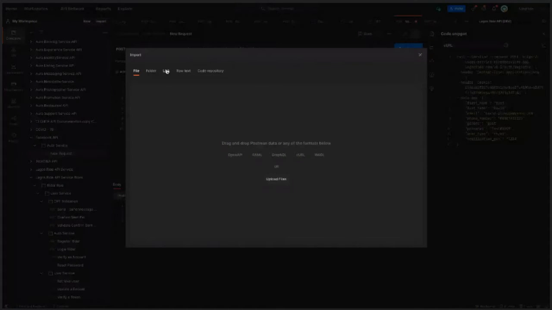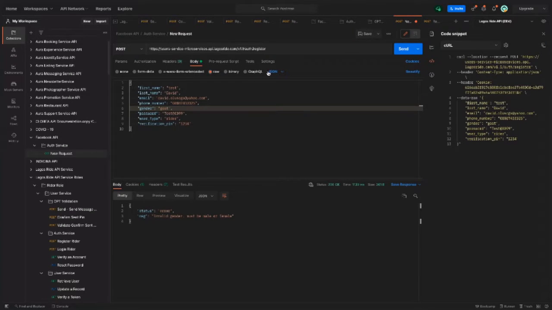Sometimes it comes in as a link. Whenever the API comes in as a link, you copy the URL and paste it here. The link always ends with swagger.json, not the URL we just did an example for. You just copy the URL, paste it here and click on continue, then it automatically imports your file. Once you send a request, always remember to click on the save button while testing API.